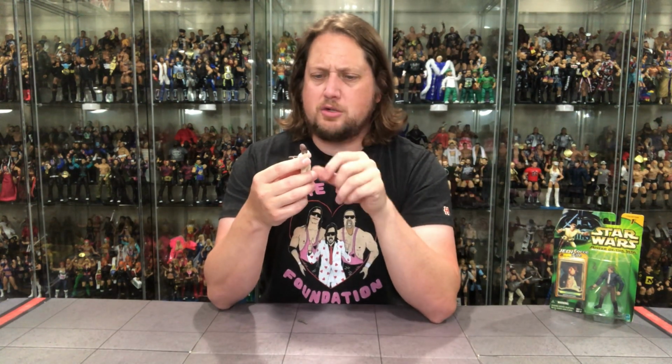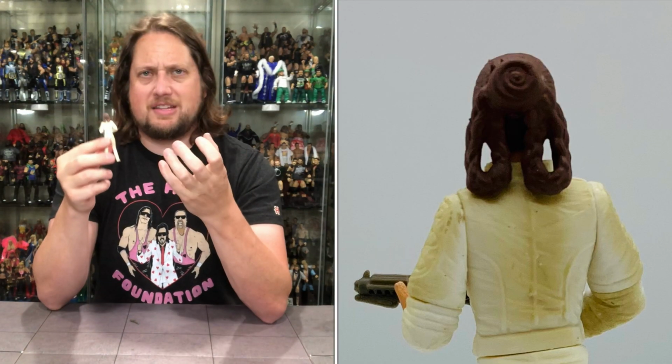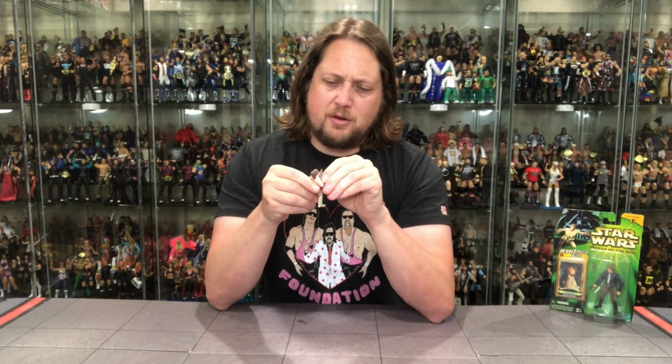Maybe it's just in an awkward spot. I don't know what to do. But she's there too. She looks like a wolf man is what she reminds me of in her face as well, just the color of the hair and everything else. Really cool braids on the back of this one though. They pack a lot of personality into this little 3 3/4 character. I will say that it's interesting they got the rubber bands on her hand